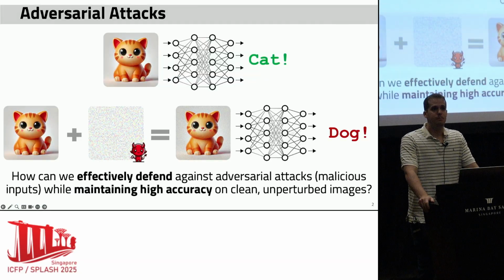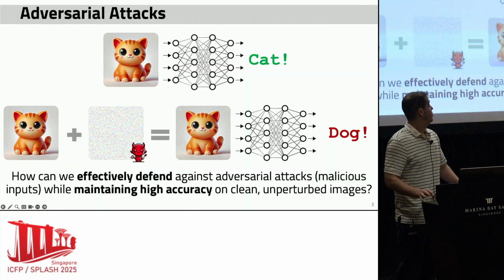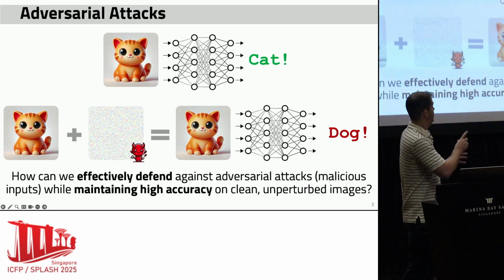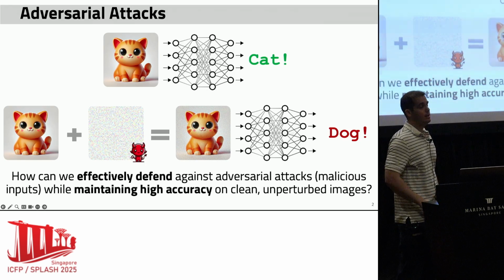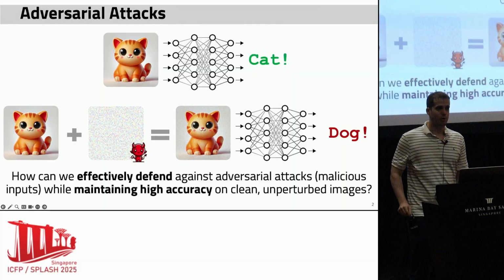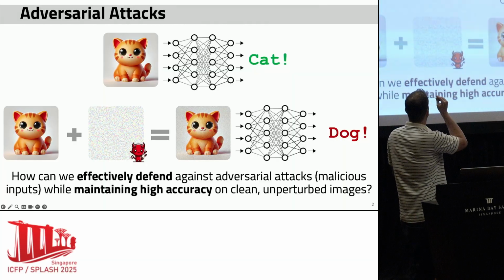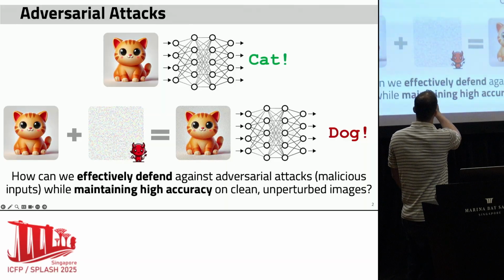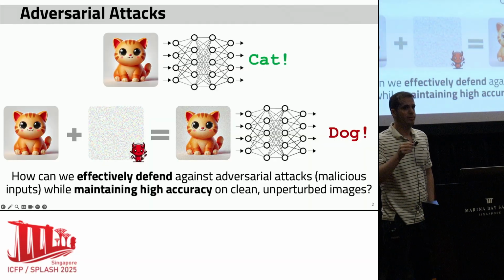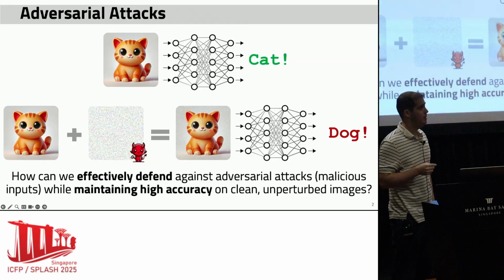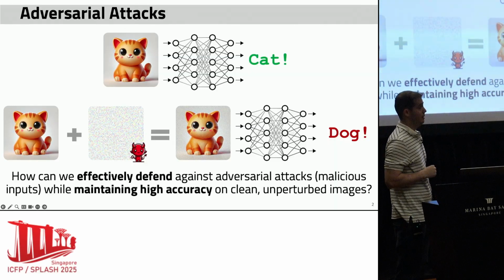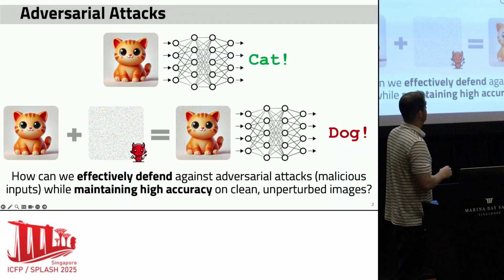Let's begin with some background about adversarial attacks. Consider we have a pre-trained neural network, as you can see at the top of the slide, that given an input image of a cat, correctly classifies it as a cat. Now let's consider a different scenario where we have some adversarial attacker that adds a very small, imperceptible noise to the input image. Usually, this noise is bounded by some norm, such as the L2 or the L infinity norm. And now, almost the same image, which also looks to us like a cat, is actually misclassified as a dog